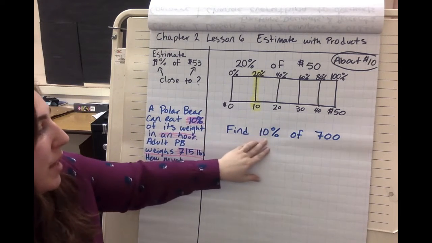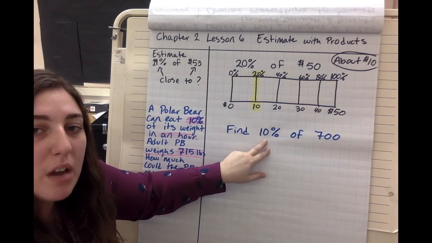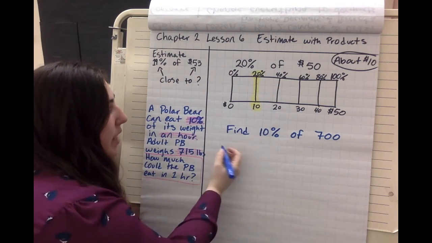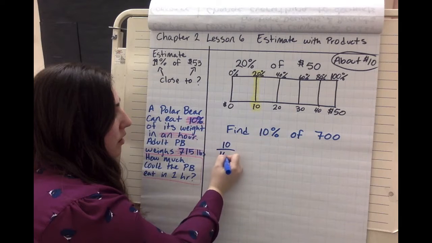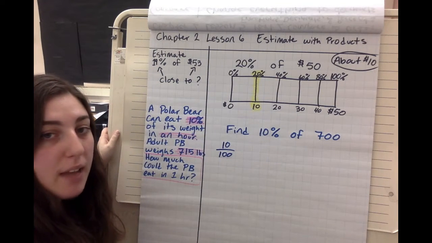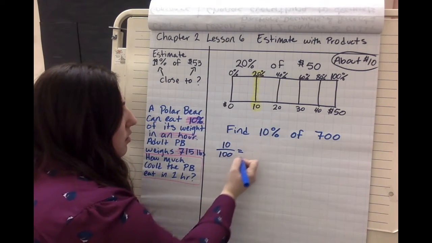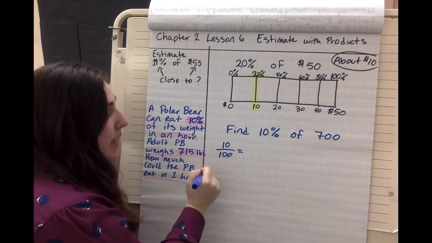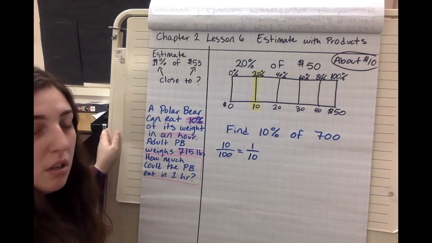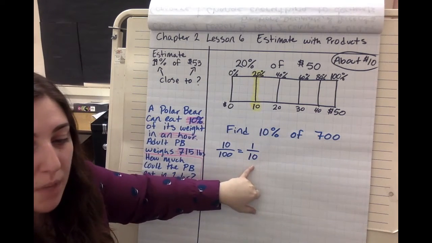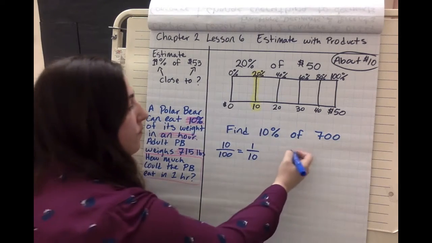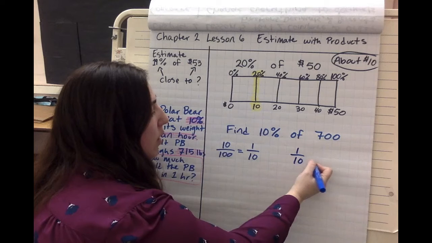And I know that percent means out of 100. So if percent means out of 100, then 10% means 10 out of 100. And if I simplified this, divide top and bottom by 10, I would get 1/10. So I'm going to use that, okay? So 1/10, I'm going to make an equivalent ratio here. 1/10,